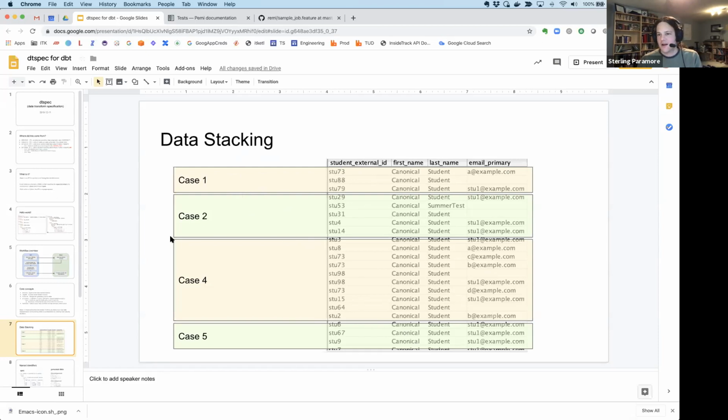Maybe we don't have any records for case 3 because it's testing what happens when you don't have any data for a particular situation. And then case 4 and case 5, and it combines them all up into one table. So you load that table once for the whole spec rather than loading it, say, 5 different times. And you run the transformation once rather than running it 5 different times. And that helps to mitigate the problems you have with the overhead of loading data into a data warehouse.